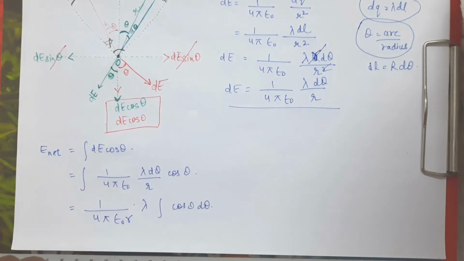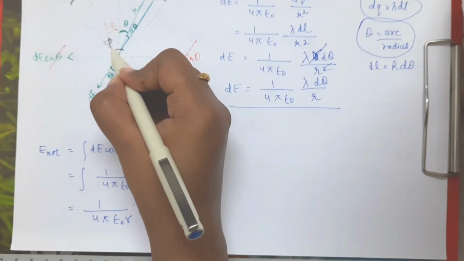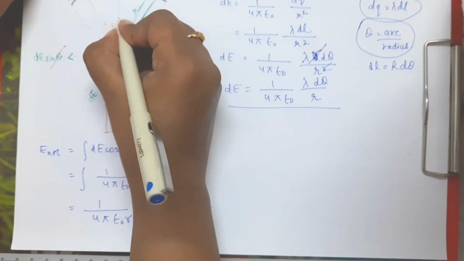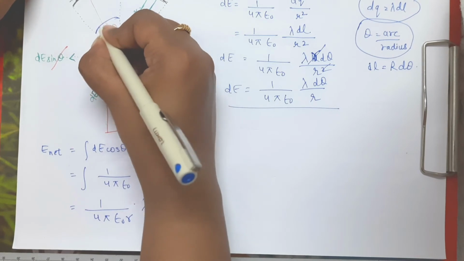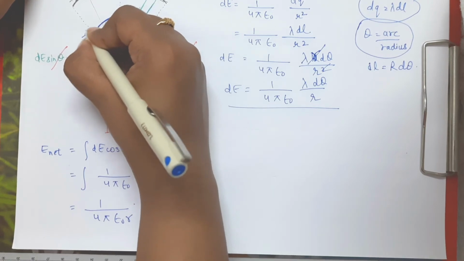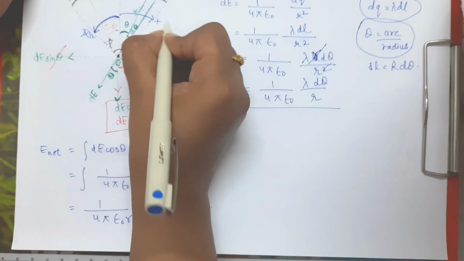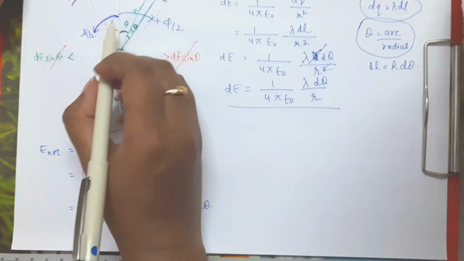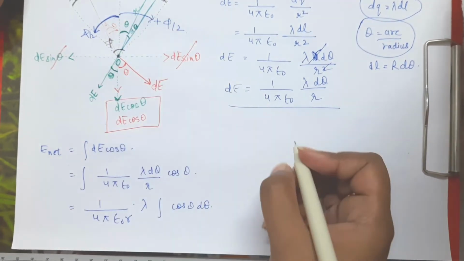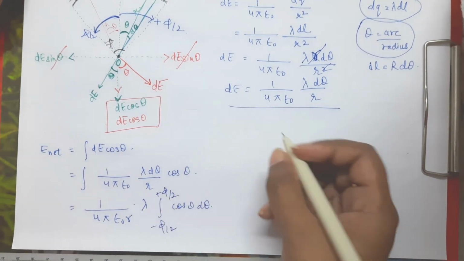Now from where to where theta is varying, this overall angle I have said that this is phi. So if I take the angles from this line, this overall angle will be, from here to here if I go, I can say it is going from 0 to minus phi by 2, right. If I am going from here to here, I can say I am going from 0 to plus phi by 2. So actually the angle is varying from minus phi by 2 to plus phi by 2, right. So here angle will be from minus phi by 2 to plus phi by 2.